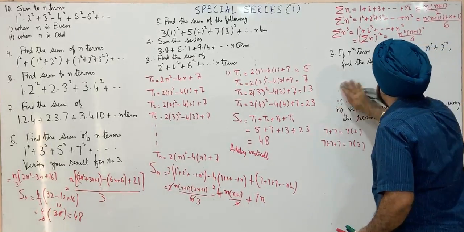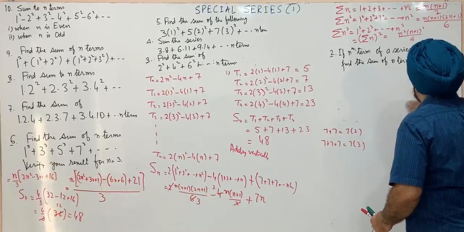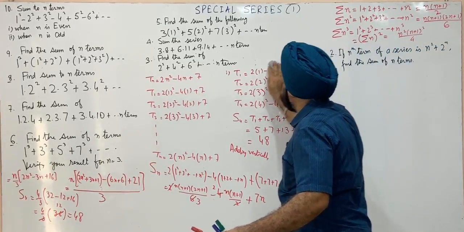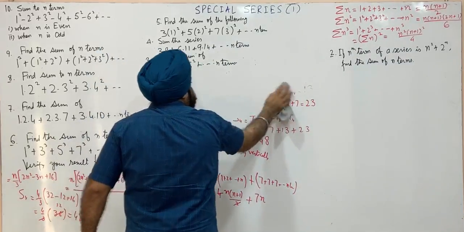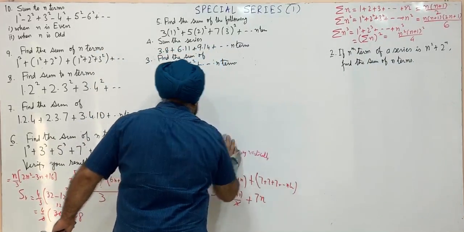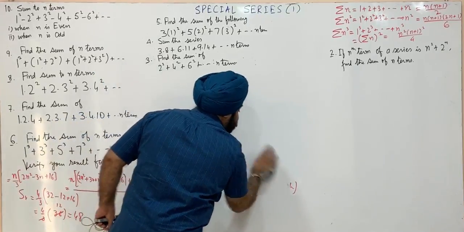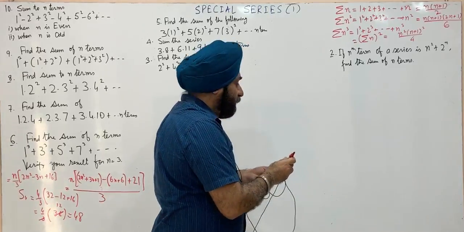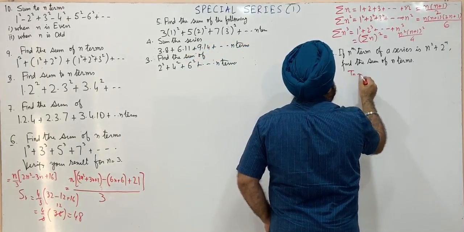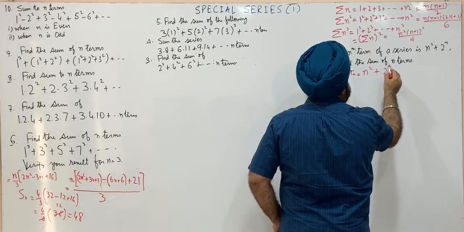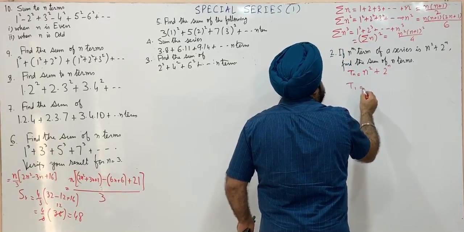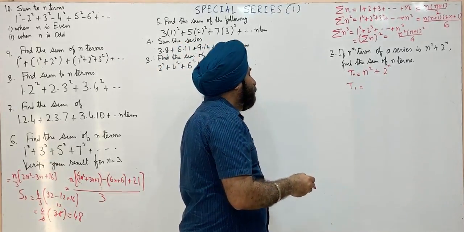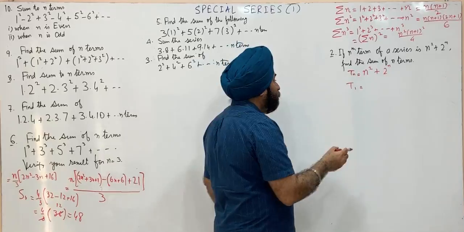We are given nth term of a series is n square plus 2 raised per n, and we have to find sum of n terms of the series. Okay, from nth term Tn we write this is n raised per 2 plus 2 raised per n. So we find out the first term by substituting n equal to 1, then substituting n equal to 2 will get second term, and so on.